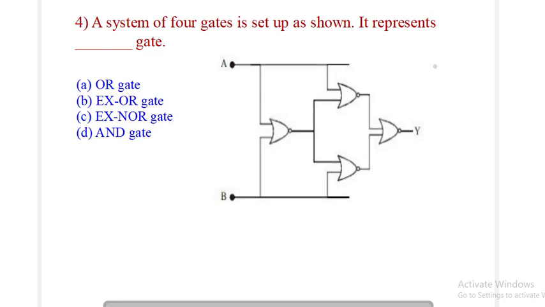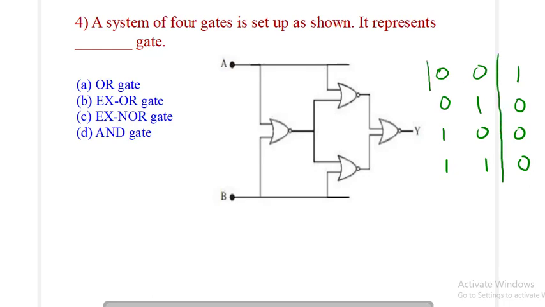So first I will write the truth table of a NOR gate. Because all the gates have 2 inputs, we have 0 0, 0 1, 1 0 and 1 1. For a NOR gate the output is high when all the inputs are low, so 0 0 gives 1 and the rest all give 0. We must remember this table for the working of a NOR gate, as it will be used for our present case.